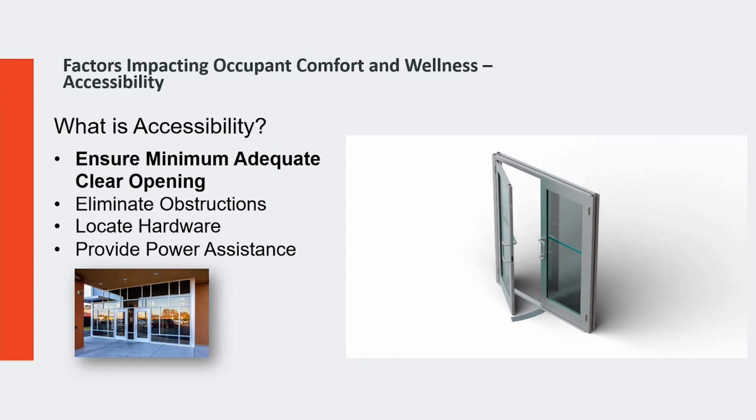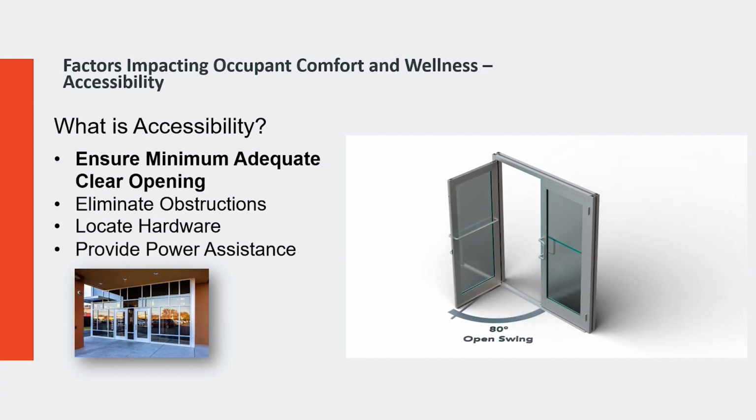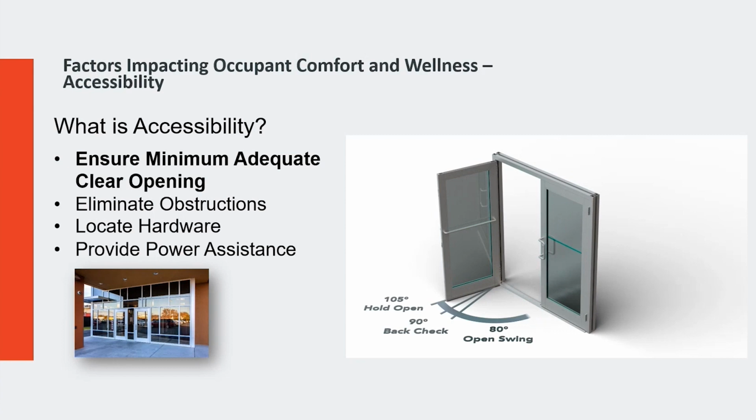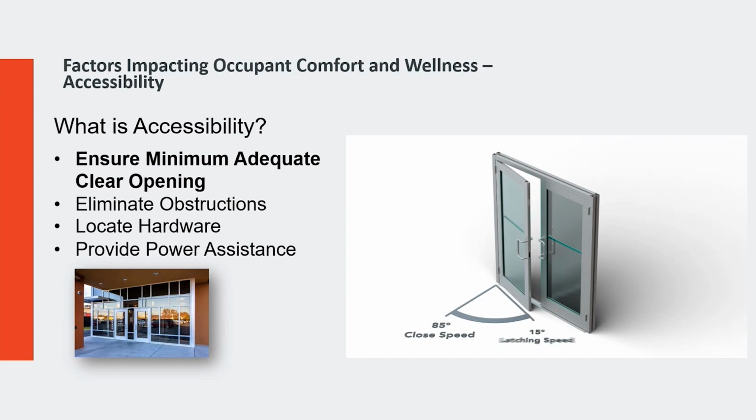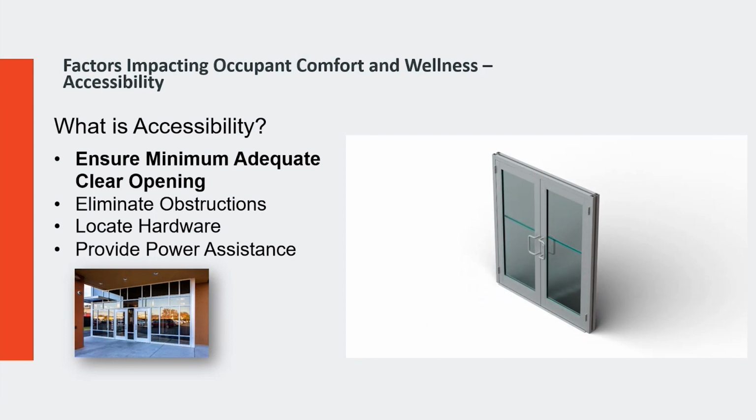So let's look at how a door opens. You can see as the door starts to open, we have what's called the open speed. And then some closers provide back check or hold open. Then as the door closes, there is a closing speed, and then a final speed, which is a latching speed. It should actually be a bit faster than that, but two different speeds as the door closes. So make sure that when you're adjusting closers, you're allowing enough time for somebody to get through the door during that closing sweep. Then the last 15 degrees, the latching speed, is going to hit a little bit harder,